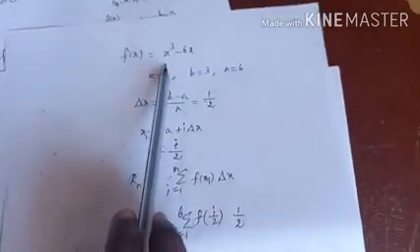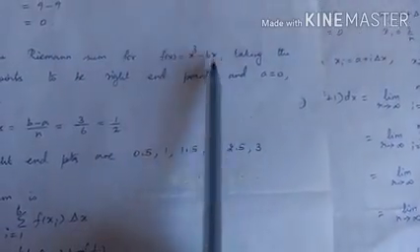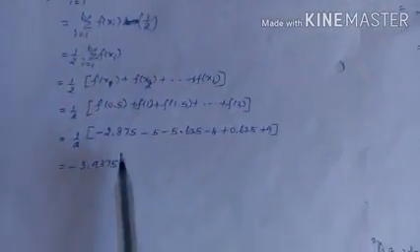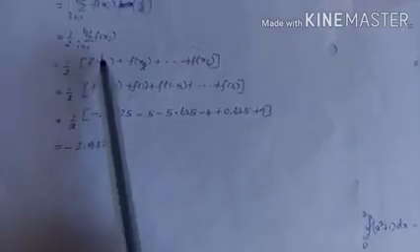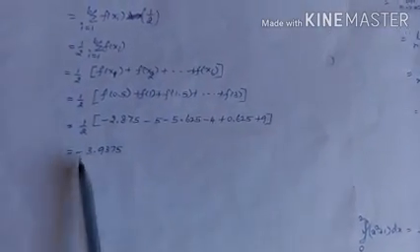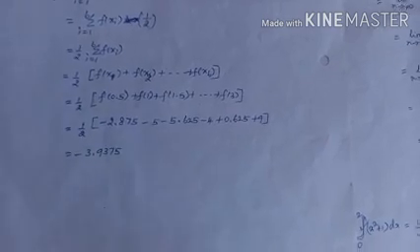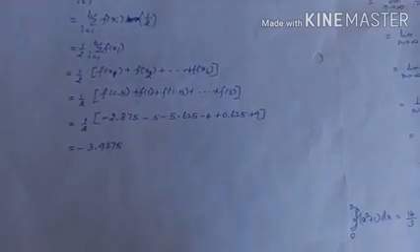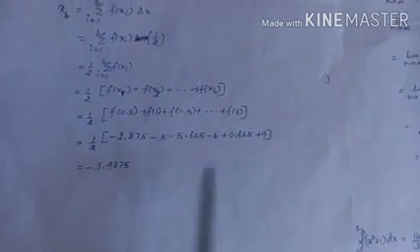F of x is given. Put x equal to 1 by 2, 1, 1.5. See, I have done it here. When you substitute x equal to 1 by 2, that is 0.5, in f of x, use a calculator and check, okay? This is the answer. The sum of all these gives the answer; here the Riemann sum is negative, okay? That is, we have area below the x-axis. When the answer is negative, we have maximum area, or even all the area, below the x-axis, okay? So that completes this Riemann sum.